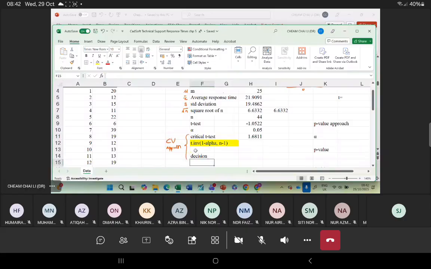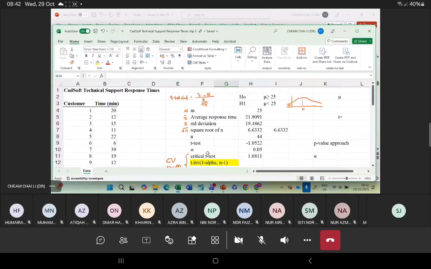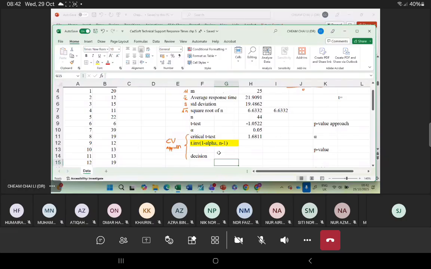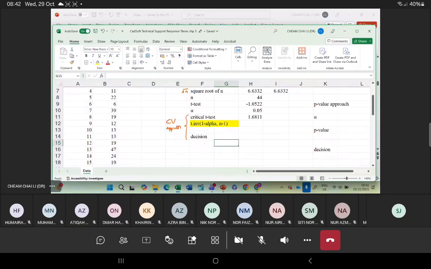So you compare your test statistic with the critical value. Your critical value is 1.6811. Your test statistic is negative